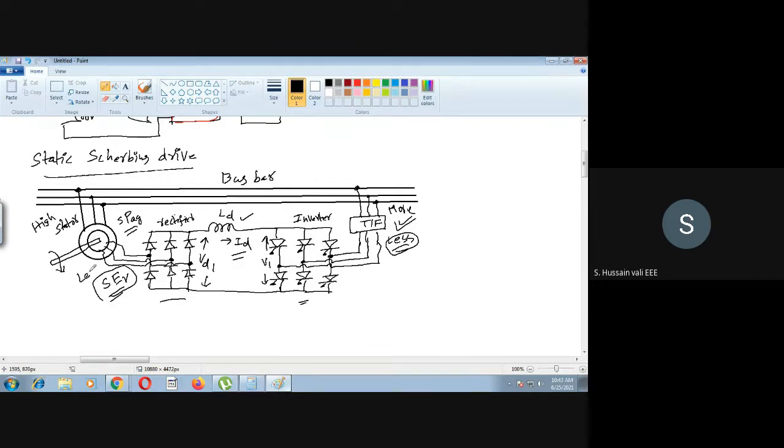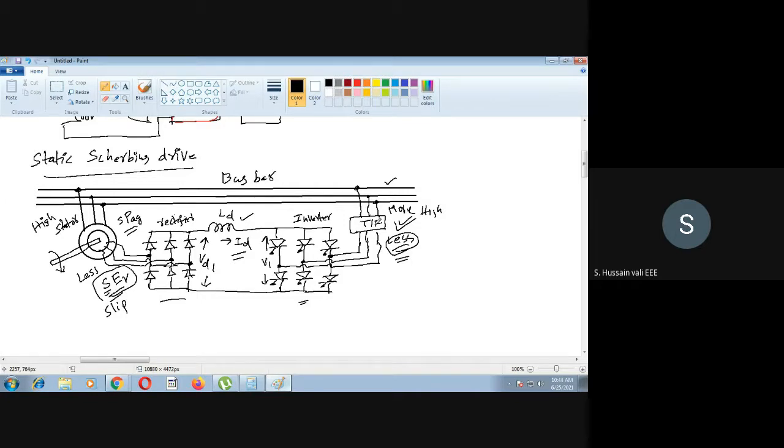What about the rotor voltage? The rotor voltage is less. Why? Because the rotor voltage is proportional to the slip. So the rotor voltage is less because of the presence of the slip. This lesser voltage you rectify, then you do the inversion, and you will get lesser voltage only. You are not giving any kind of boosting here, so that boosting should be done using the transformer. Then only you will get the high voltage here, which will match with the bus bar voltage, and then it will be connected directly. So you need a transformer to step up this voltage. I hope you understand why you want to step up the voltage: because the rotor voltage is lesser. This is how the power is flowing, and this is how you recover the power.